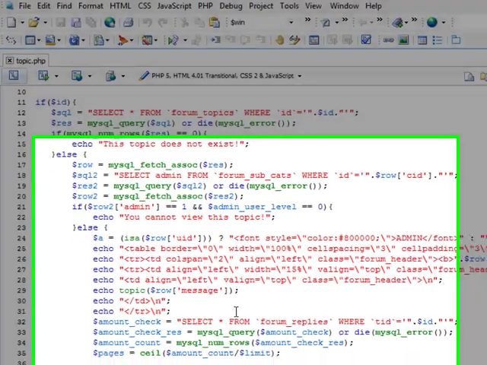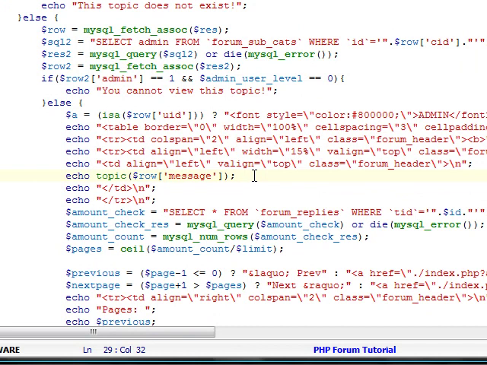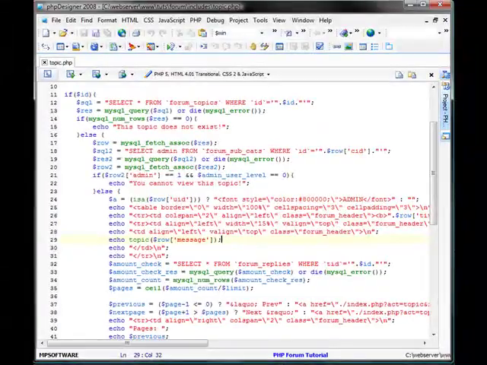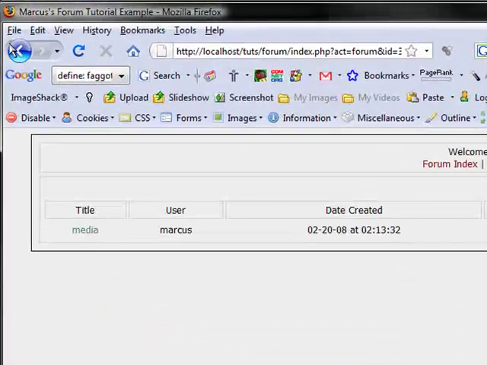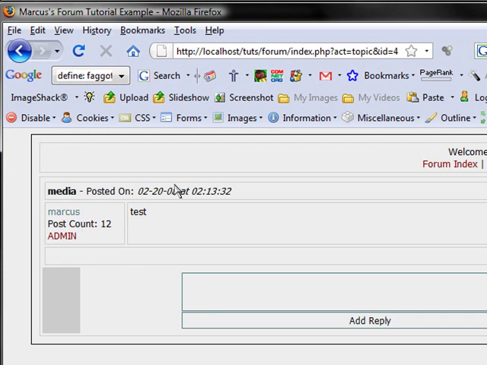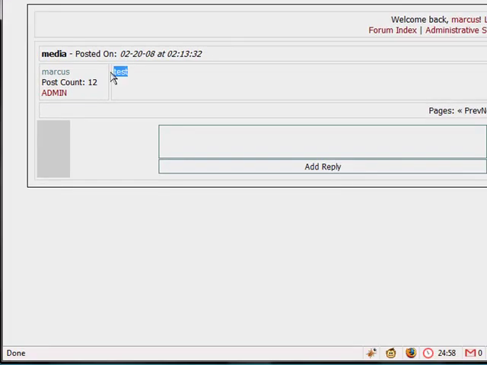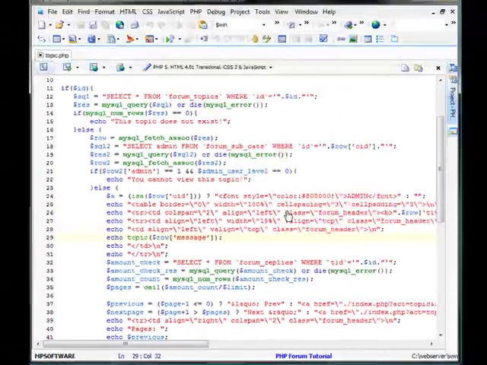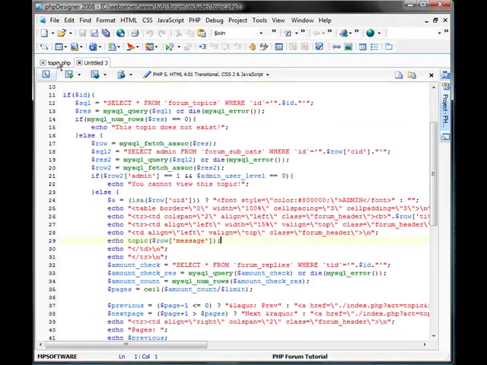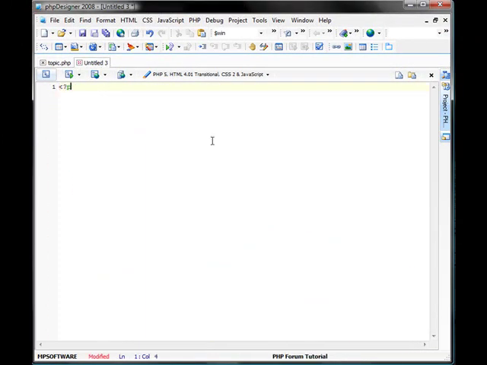I suppose the first thing we're going to do is set a link inside of the actual topic. I'm talking about, let's get to, I guess there's one in there, this thing where it says test. If the user is an admin or the user who created the topic, they will be able to edit this topic here, so it can say something else. So what we're going to do now is create a new file like this, PHP, and I'm going to create